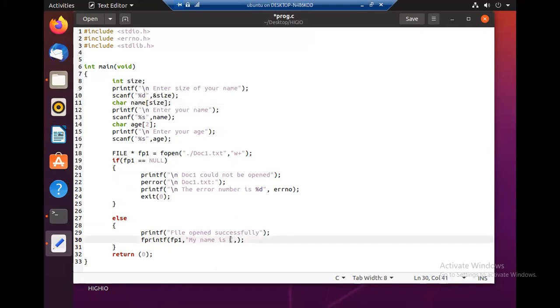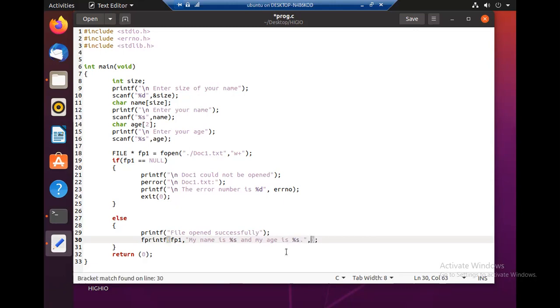So variable name is a string, and then I will say my age is, this age. It is again a string. Then I will say full stop.